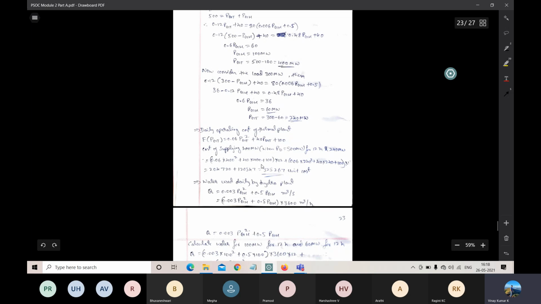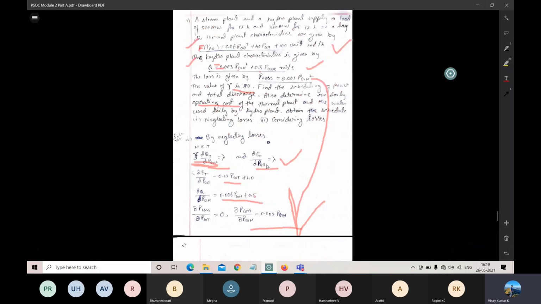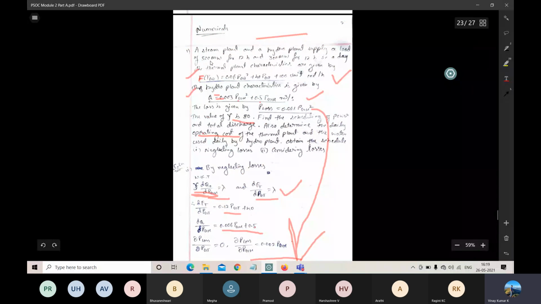This is the first condition, and the next condition is 240. So we have two PGT here. One PGT for 500 megawatt and one more PGT for 300 megawatt. So we have to consider both PGT here, and both are for 12 hours. So you just substitute. One PGT is 400, the other PGT is 240. So this is for 12 hours. Why 12 hours? That is given in your question itself. Look at here. 500 megawatt for 12 hours, 300 megawatt for 12 hours.